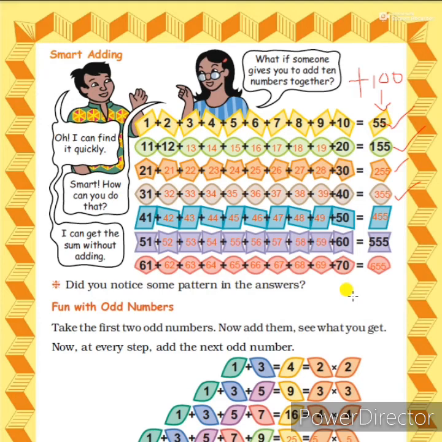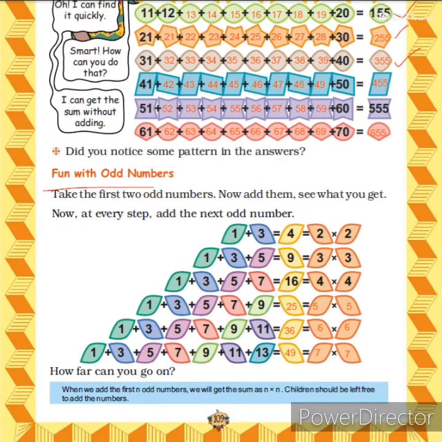Now we will move to the next heading of this page, fun with the odd numbers. Here also, in all these headings or topics, we have to find out the patterns, what type of pattern they have given. First you have to observe 1, 2, 3 steps. Then you can understand which rule they are following. From first to second, what rule they are taking, and from second to third, what rule they are following. Then we can follow the same rule for the fourth step onwards. If we find out the rule or pattern, then it is easy to find out the next pattern.